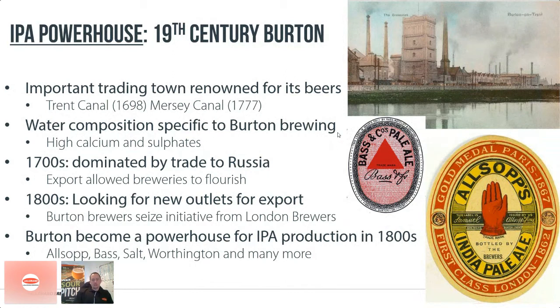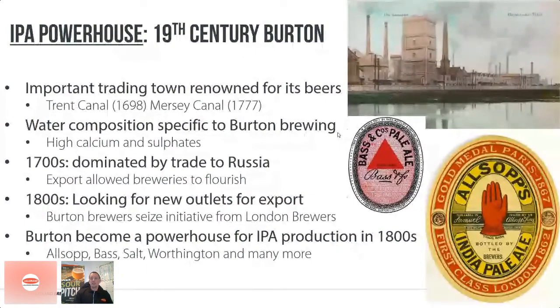So Burton, like London, its brewing industry rose out of export really, and it was really down to the canal system, so the waterway system of England, that allowed it to become this kind of industrial powerhouse for beer production. First of all, we had the Trent Canal. So this was a canal which took water from Burton all the way to Hull on the north east coast of England. And this really opened up Burton. So they were able to ship beer along the Trent Canal, ship it down to London, and then from London